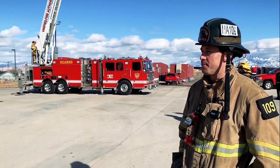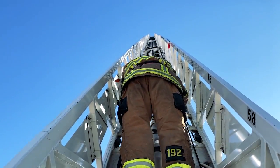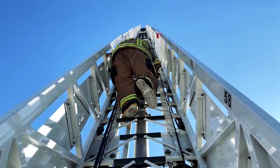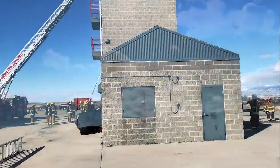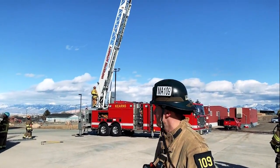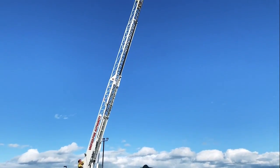Hey, this is Scott with Ladder 109 C Platoon, out here with the recruits in Magna at the training tower. We have a bunch of stations set up, and what's cool about today is we're actually giving the recruits time to be on our aerials. We have a pretty good fleet of aerials in our department. One in particular is our Kearns ladder. It's a 100-foot straight stick, Seagrave. This will be their first time